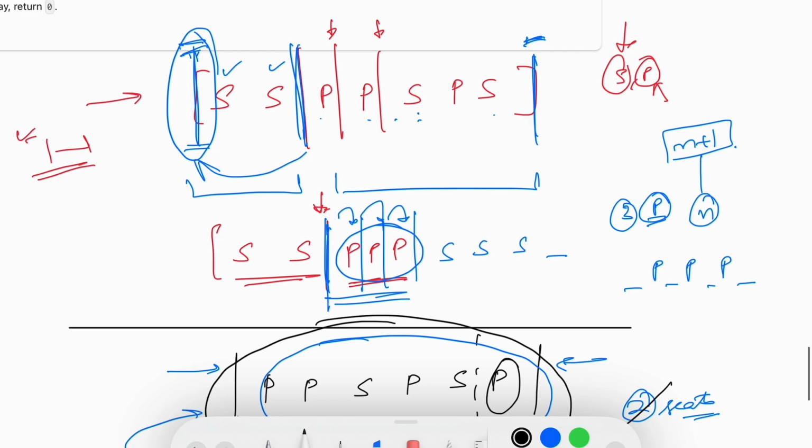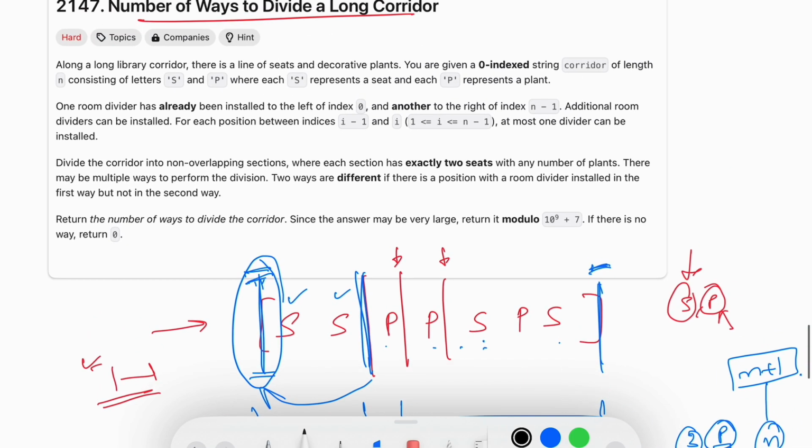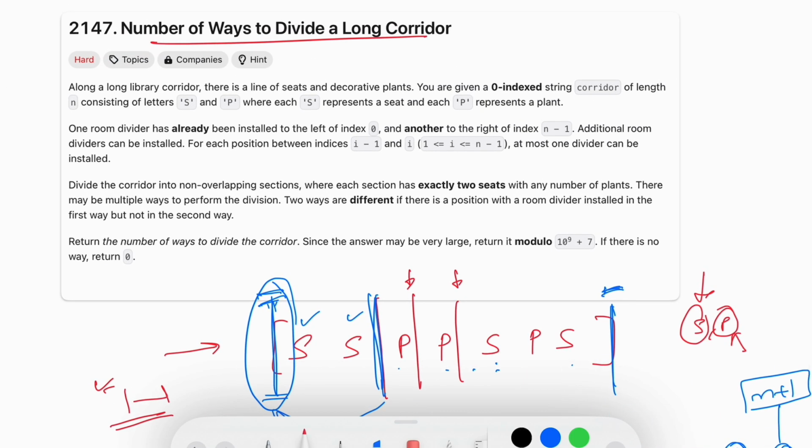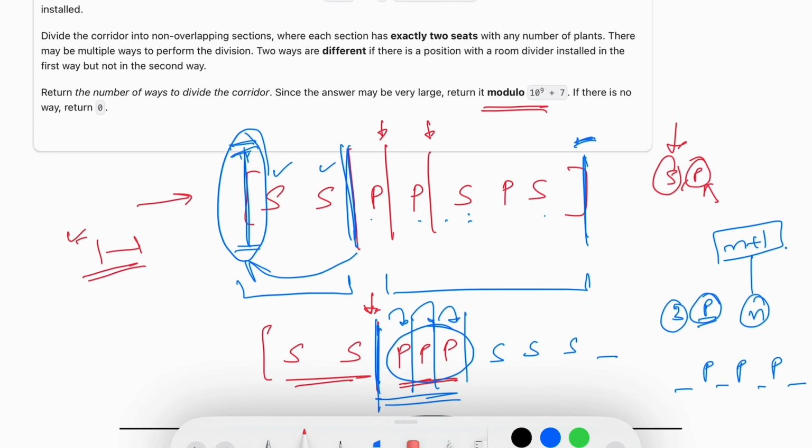Okay, so how do we approach this problem? We just have to manipulate the condition as per the statement given to us. Also, we need to make sure that we take a modulo because the answer can be large. So in the starting, we have one divider at the start and one at the end. For the first divider, we have to check manually. We need to check if it is the first divider we are putting. In that case, we are not going to track our answer